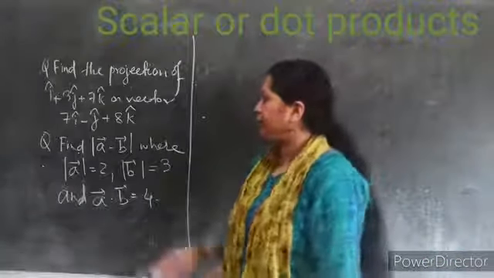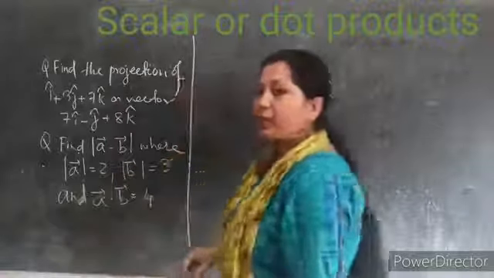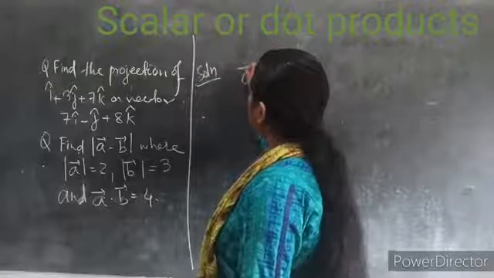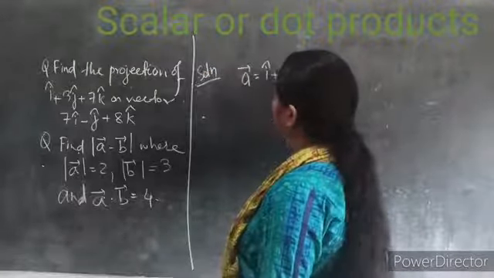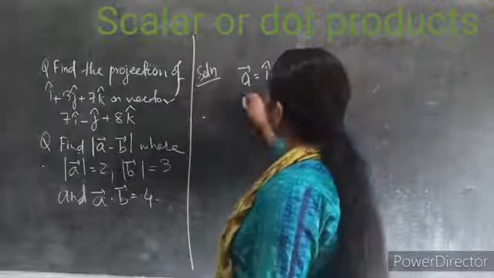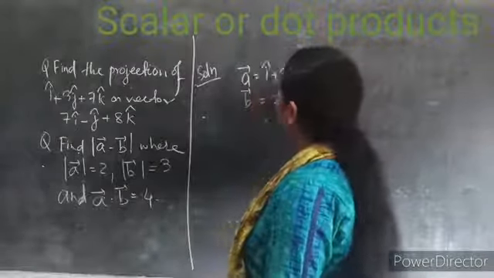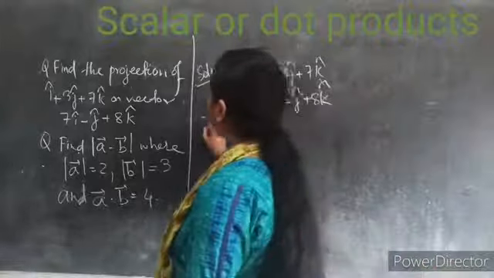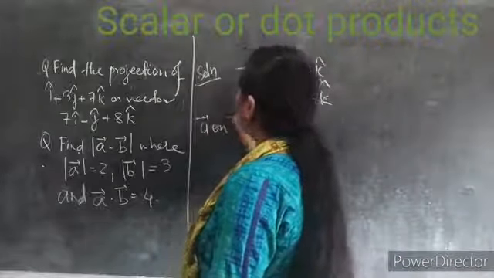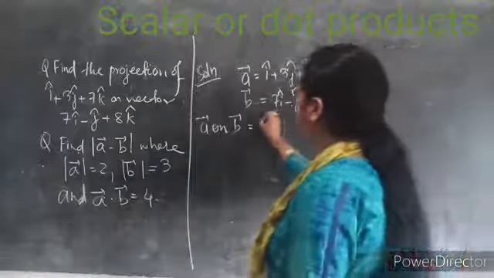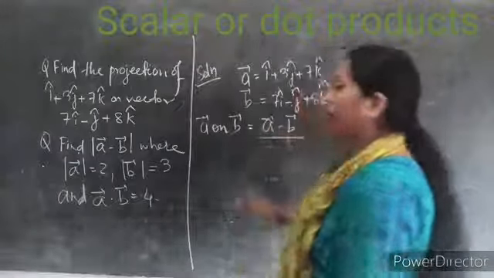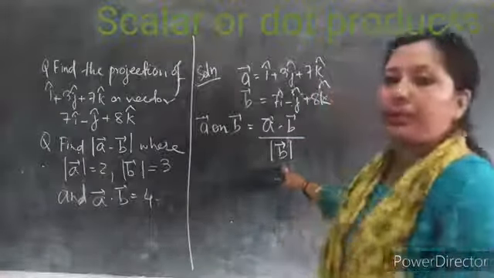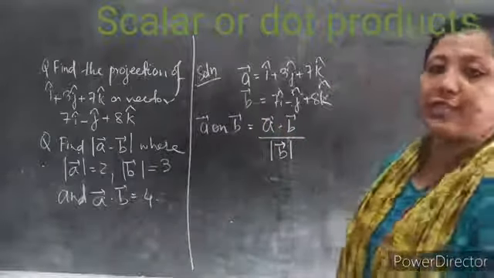Find the projection of your first vector on the second vector. Here we have already discussed the formula in my last video. Let me name the first vector A, that is i cap plus 3 j cap plus 7 k cap, and your B vector is 7 i cap minus j cap plus 8 k cap. So you have to find the projection of A on your vector B. That means we have to write A dot B upon magnitude of B, because for the projection, in the denominator you have to use the magnitude of the vector you are projecting on.